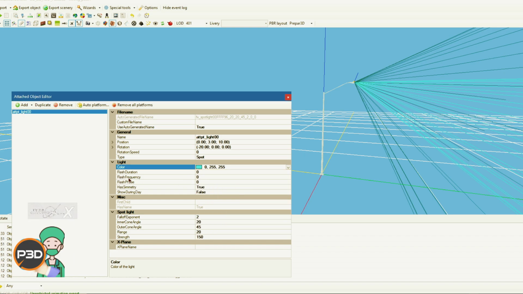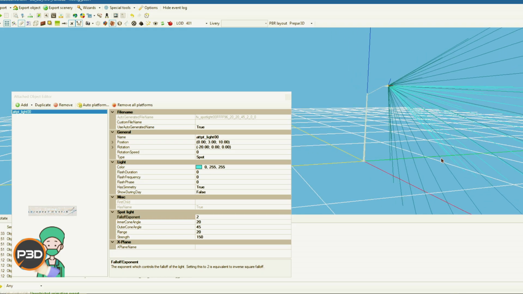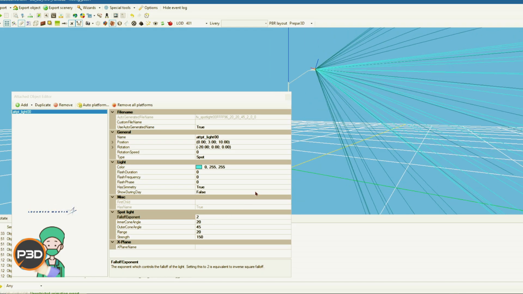Now, you don't have to worry about flash because it's not going to pulse. But if you wanted it to, you could do that. Show during day, you probably don't want to tick that because it means the dynamic lighting is active day or night. Obviously they wouldn't turn the lights on during the day unless you're in somewhere like Antarctica and you do need that. But to be honest, we're just going to leave that false. Down here, you want to leave fall off exponent at 2. And the inner and outer cone, you can alter these if you want to make them thinner or